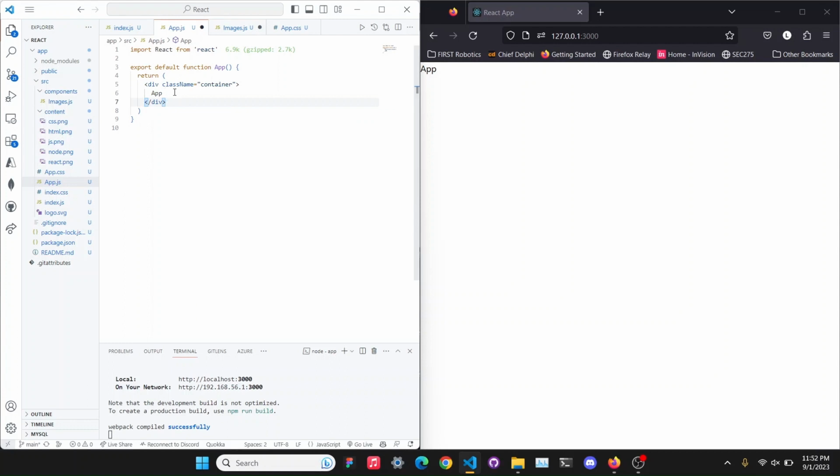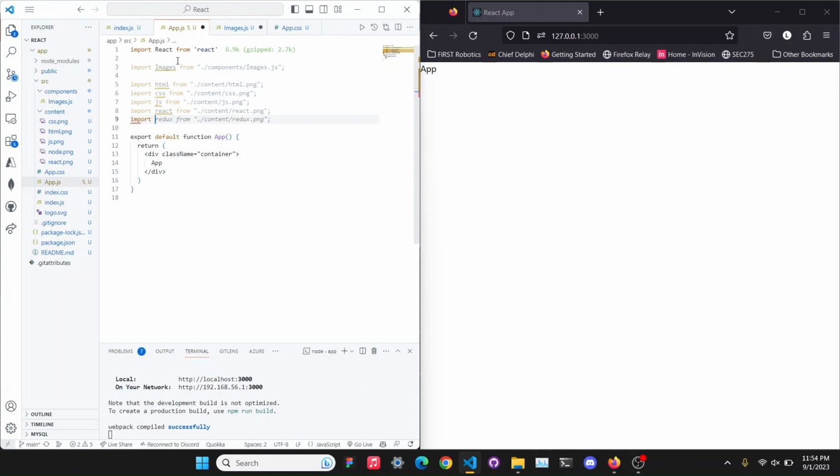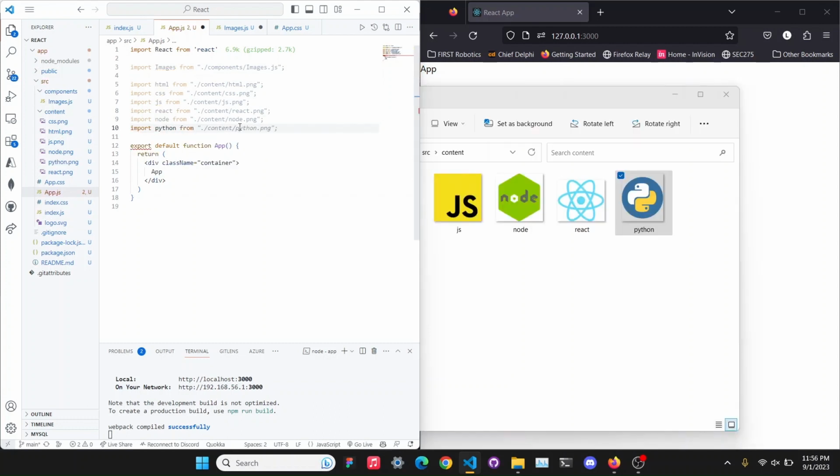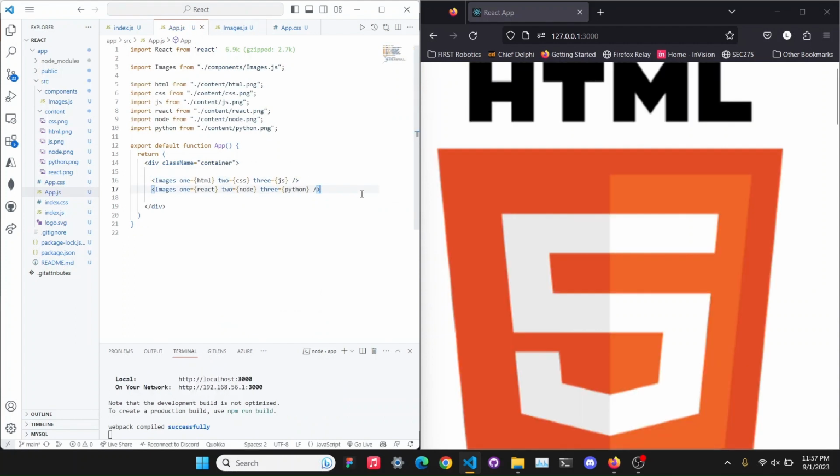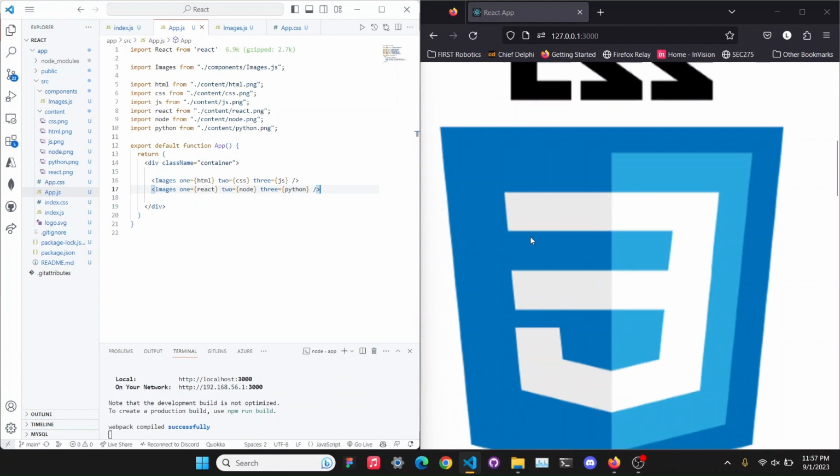So in our app.js file, which is the main file of our entire website, you can think of index.html. This app.js is basically the same thing. So we're going to import our component, our images file. We're also going to import the images that we're going to display onto the website. And then now the React part. I'm going to make use of our images component, and our